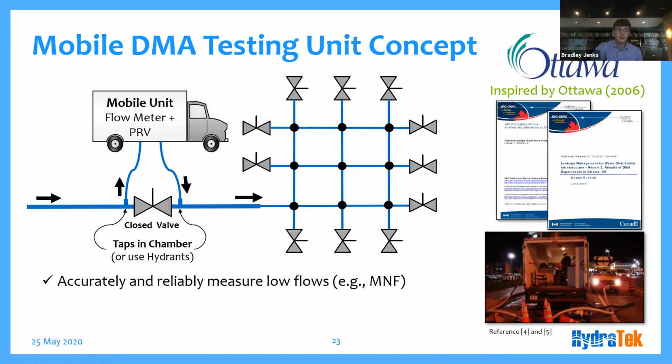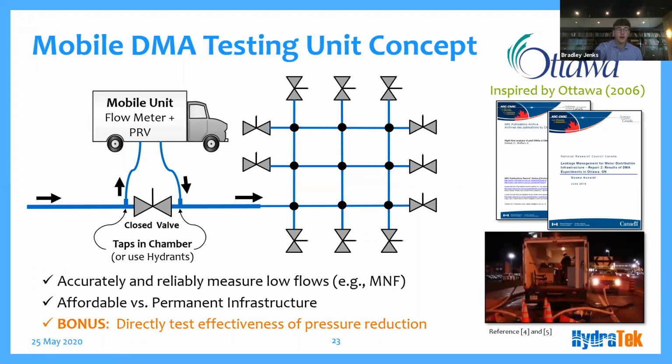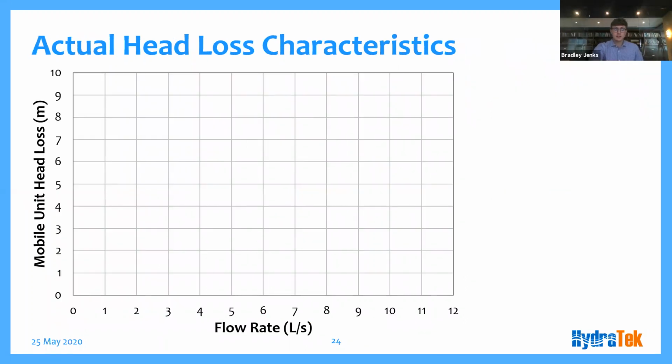So we can accurately and reliably measure low flows with this device affordably compared to permanent infrastructure. And we also have the bonus of directly testing the effectiveness of pressure reduction on inflow, which is a component, or leakage, a component of inflow into the system. So we need to understand, before we deploy the unit, the head loss characteristics, so we don't drop pressures into